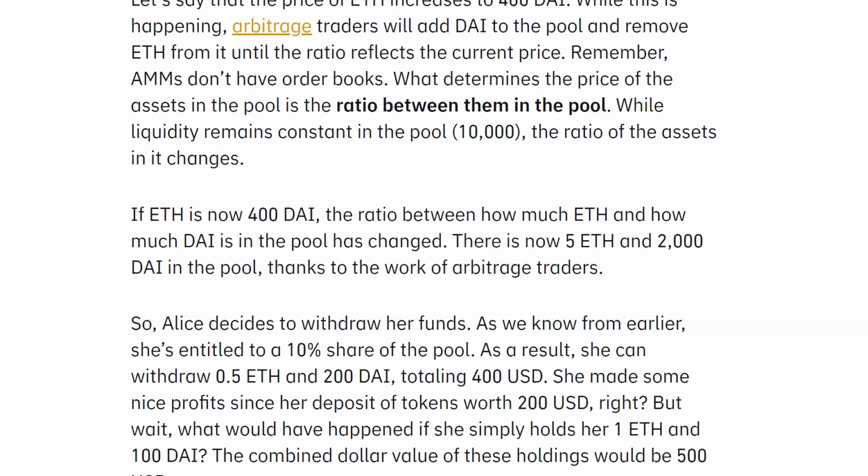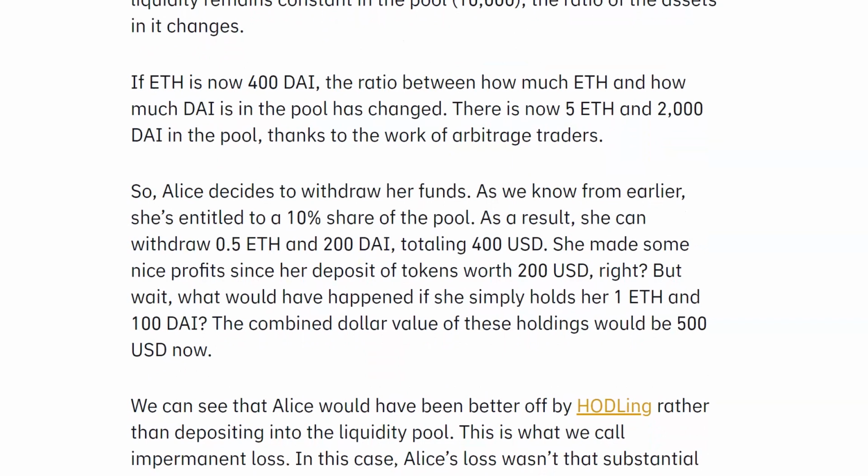What determines the price of the assets in the pool is the ratio between them in the pool. While liquidity remains constant in the pool, 10,000, the ratio of the assets in it changes. If ETH is now 400 DAI, the ratio between how much ETH and how much DAI is in the pool has changed.